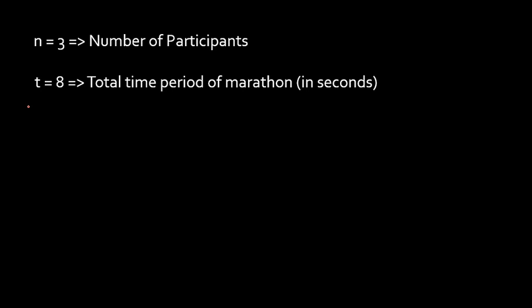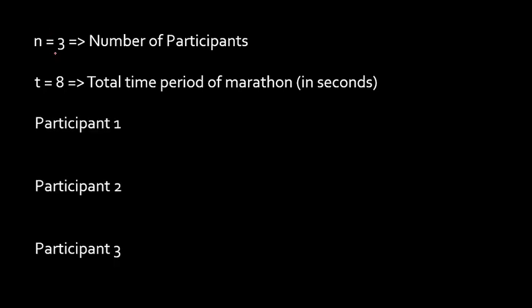Now, what do they say? After this we will have n lines. If I have 3 participants, I am going to give the data for participant 1, participant 2 and participant 3. Can you understand this? Since I have 3 participants, I'll provide data for all the 3 participants. Now, what is the data I'm going to provide? This is not just one data. You need to know where the participants are throughout the match. The match is going on for how many seconds? 8 seconds.